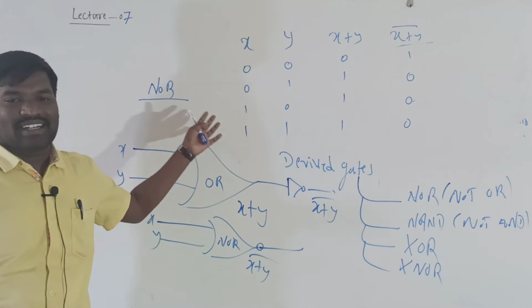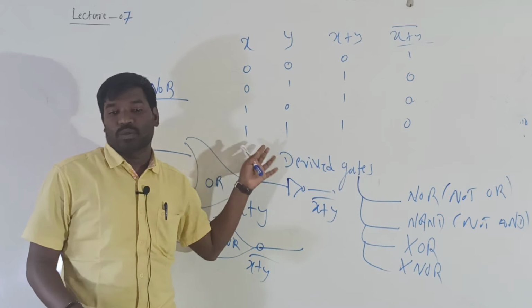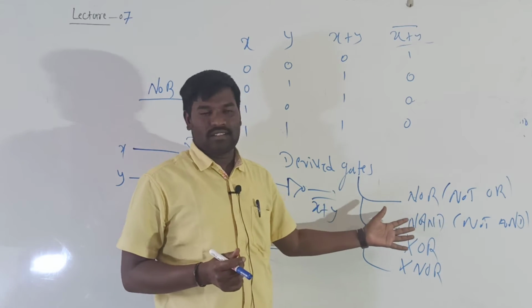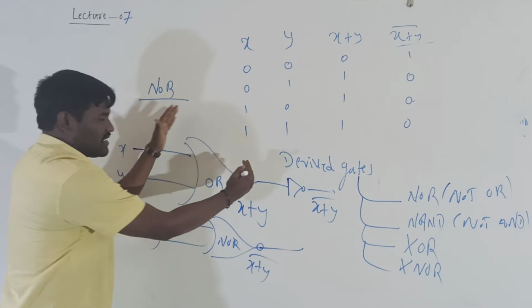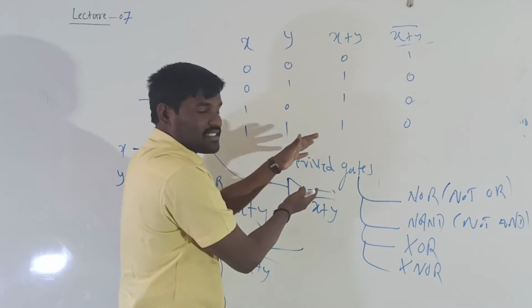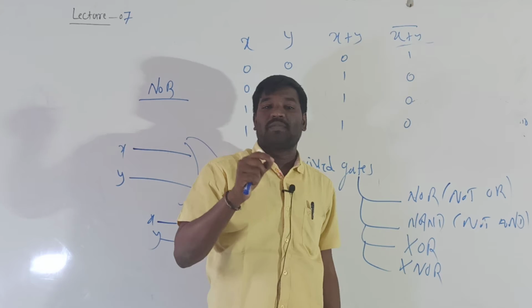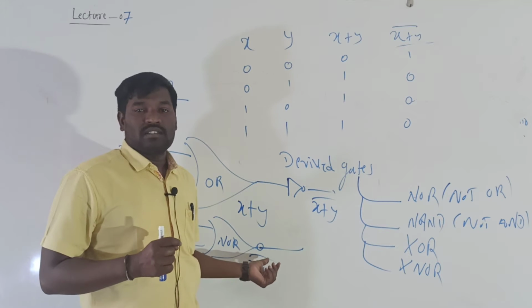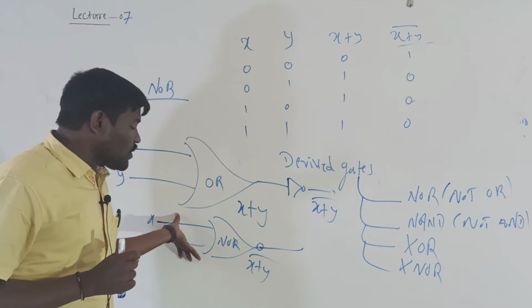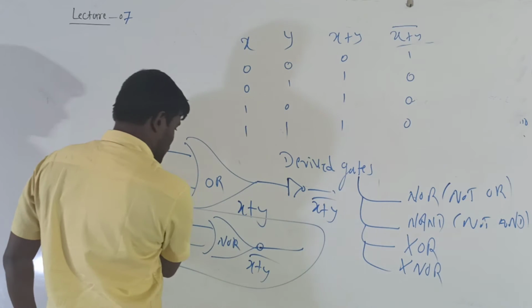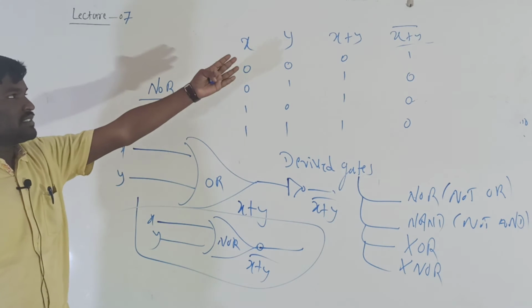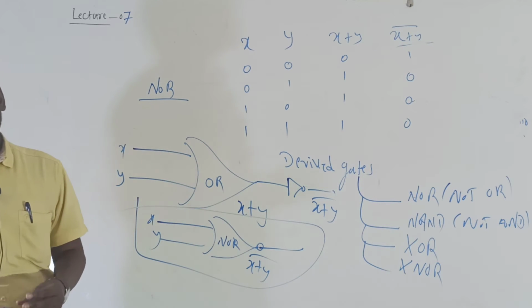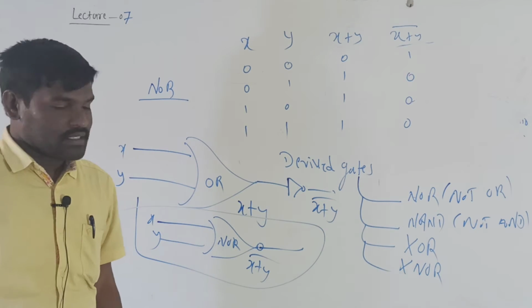In the same way, you can write the 3 variable truth table. NOR: N indicates not, and OR gate as it is. If you consider only this part, this is the OR gate. You apply an inverter and it becomes not of OR gate. The simplified circuit is, just draw the OR gate and put one circle here. This is the standard symbol of the NOR gate, and the truth table is x plus y whole bar, that is 1 0 0 0. In the same way, we write the 3 variable truth table. Okay, next is NAND.